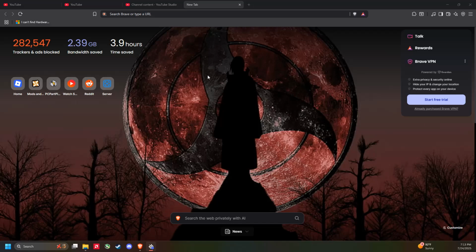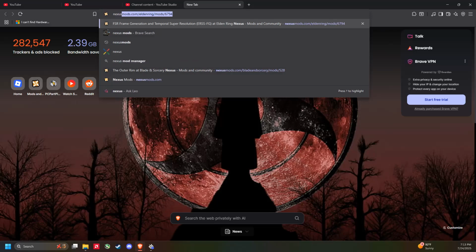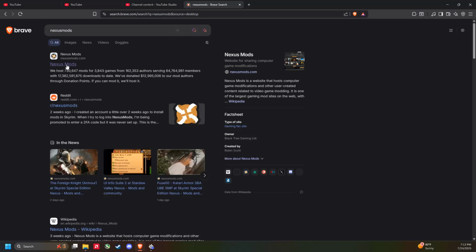Hello everyone, this is a quick tutorial on how to install the Outer Rim mod for Blade and Sorcery on your PC. The first thing you want to do is go to Nexus Mods,